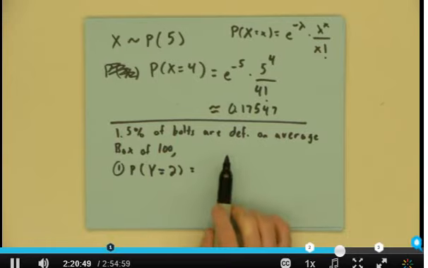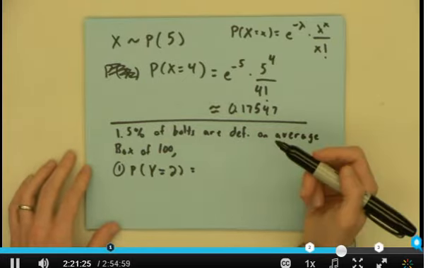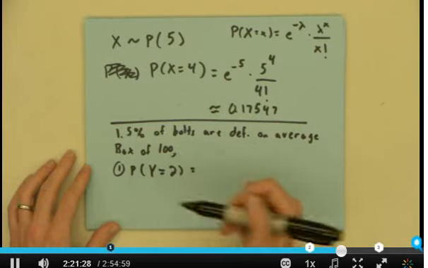Well, I first need to think about, is this Poisson distributed or not? I'm counting the number of defective bolts in a box of 100. If I had 2 boxes of 100, I would think that that average would double. If I had 10 boxes of 100, I would think that average would multiply by 10, so it does seem like it scales in that same way. Any number between 0 and 100 could be defective. So I think that that does fit all the conditions for a Poisson distribution. And the parameter would be the average I would expect out of 100. What would that be?